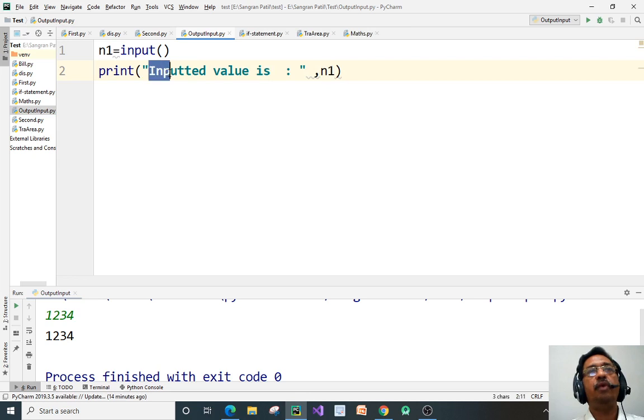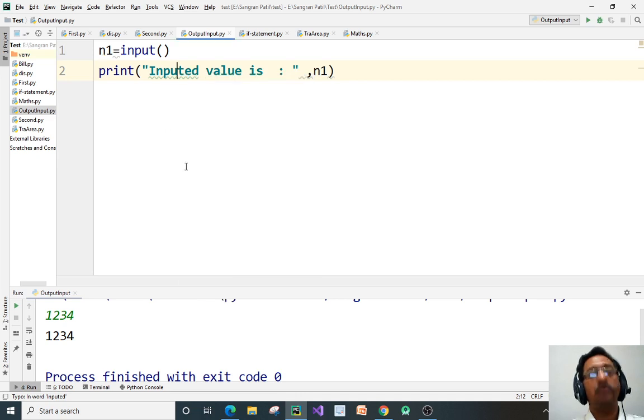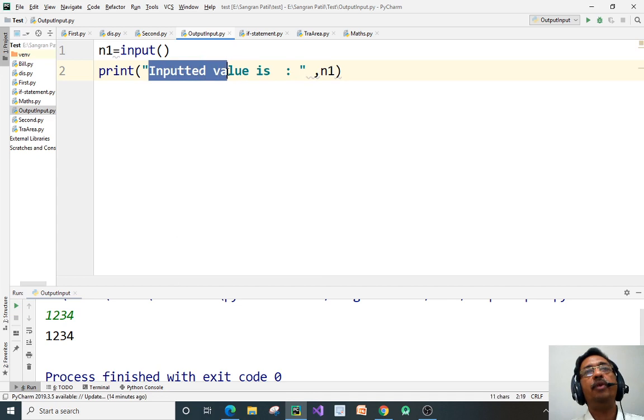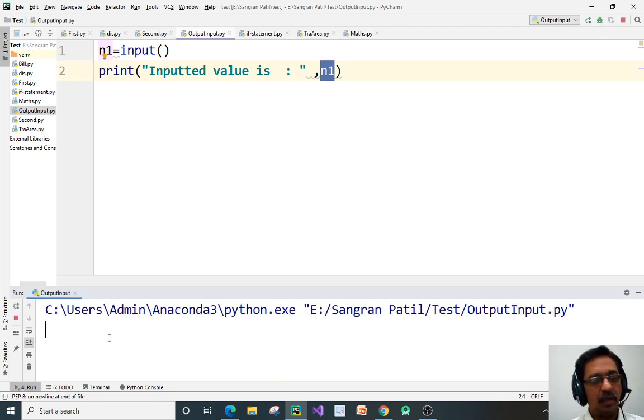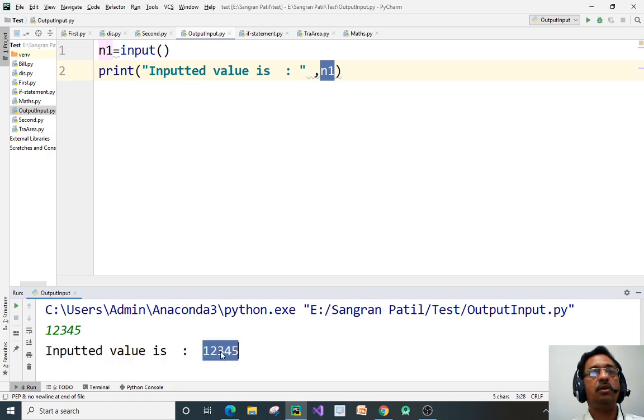The information which is present within double quotes will display as it is, and this N1 is not present within double quotes, so it will print the value of N1.